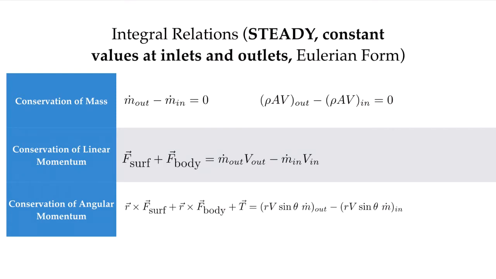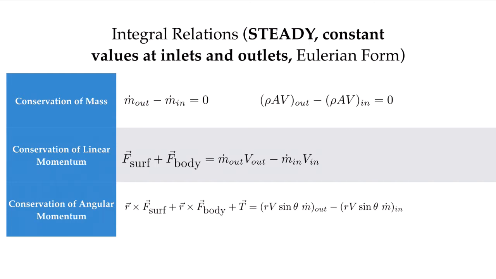For the conservation of linear momentum then, we'll still have our surface and body forces, and if it's a constant, that integral will evaluate to the mass flow times the value of the velocity at the outlet. The mass flow will be positive for an outflow, whereas for an inflow, the mass flow when we integrate it over the surface will be negative, and so we'll get the mass flow out times the velocity out minus the mass flow in times the velocity in. And when we actually use this, we'll have to use the correct sign for V out and V in in order to see how these signs will work out in an actual problem,